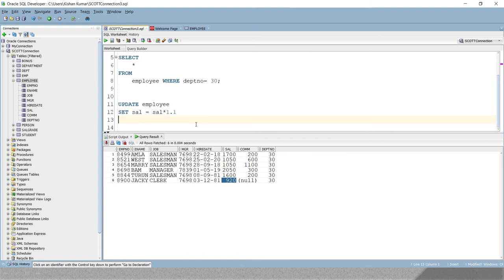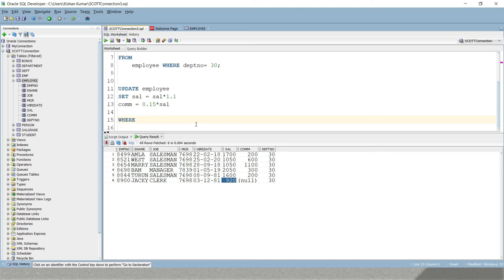Now commission also we would like to increase. So commission we would like to give 15% of current salary. So I would say 0.15 into sal, right? And we want to increase this salary as well as commission for employees whose department number is 30, right?